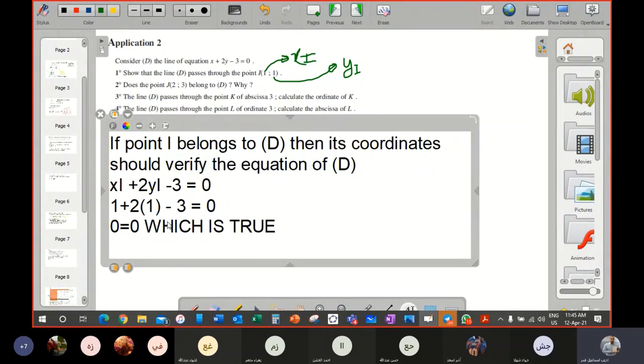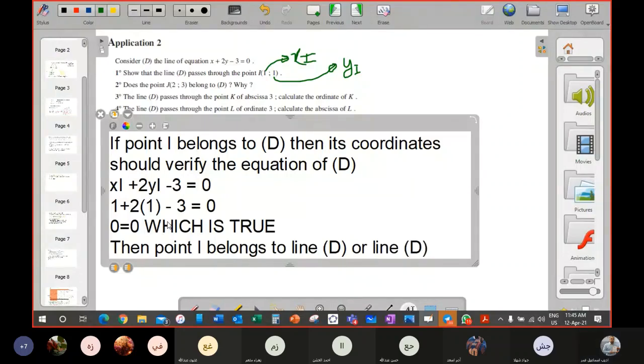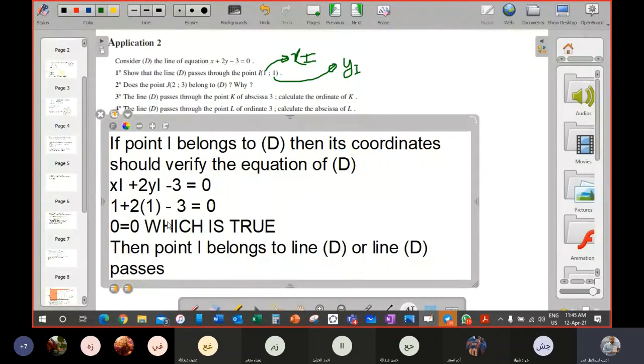Then point I belongs to line D, or we may say it in another form: line D passes through point I. Okay,